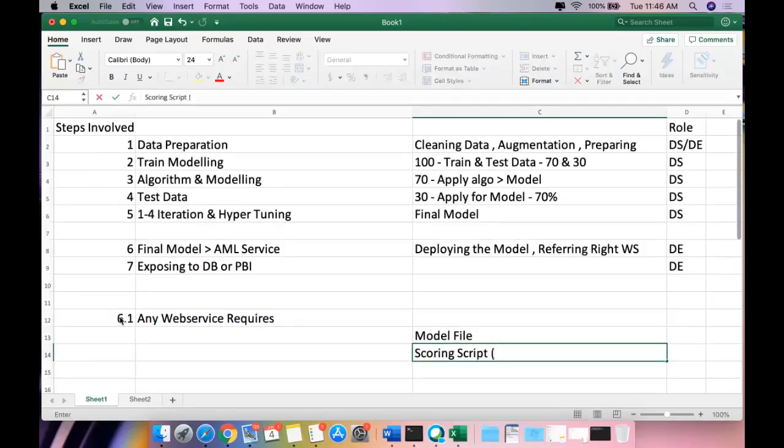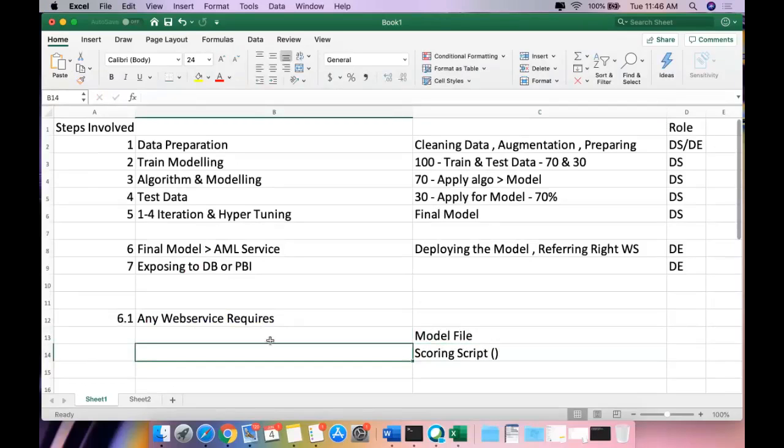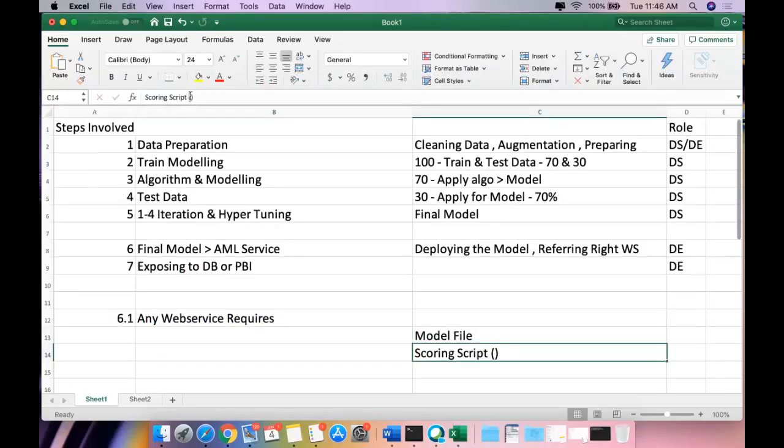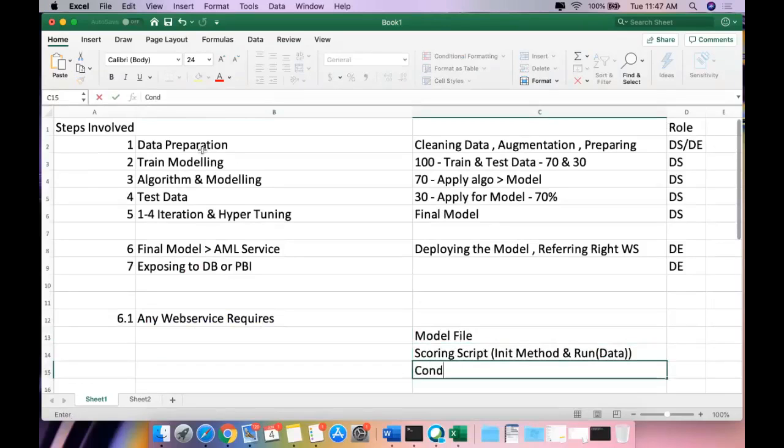Inside we have our init method, nothing but initializing all the parameters, and the other one is the run method. So what do you want to run? In this we pass the parameter of data, daily data. And the third one, what we want is dependencies, like Conda dependencies, we call it.